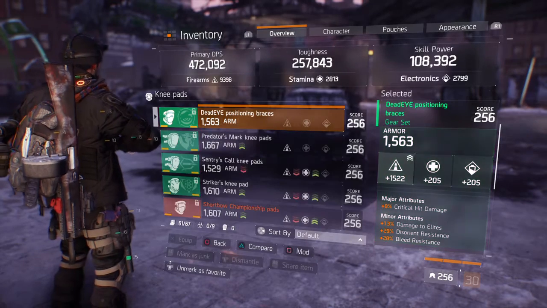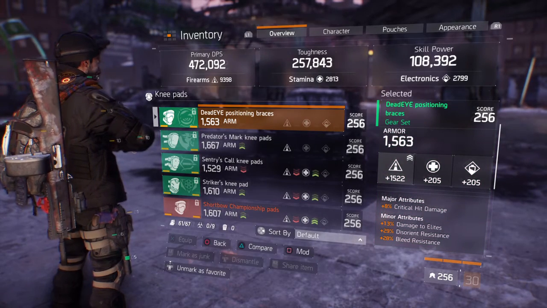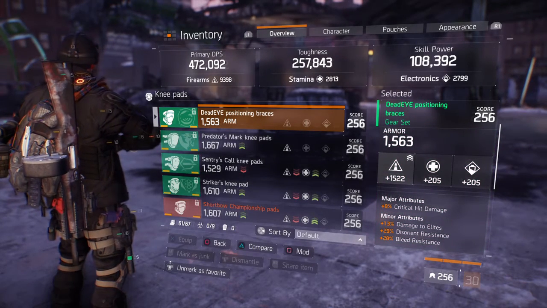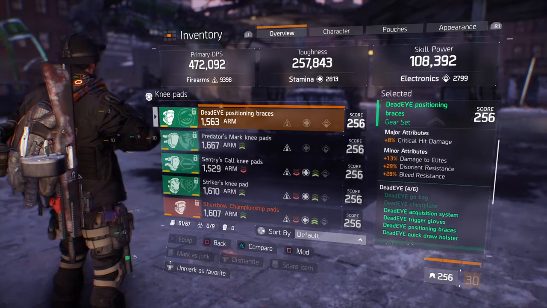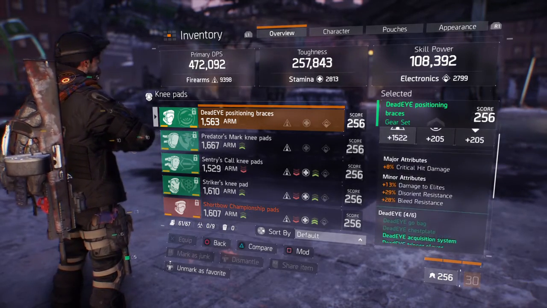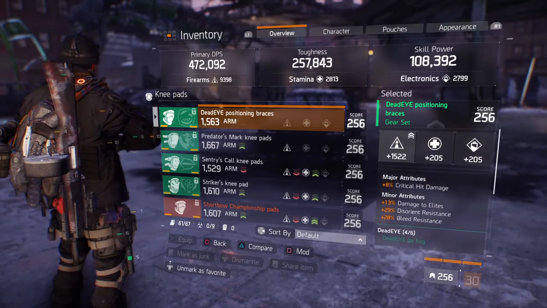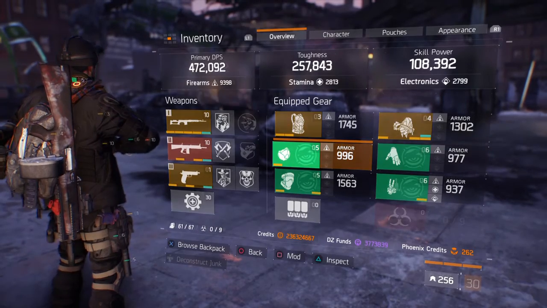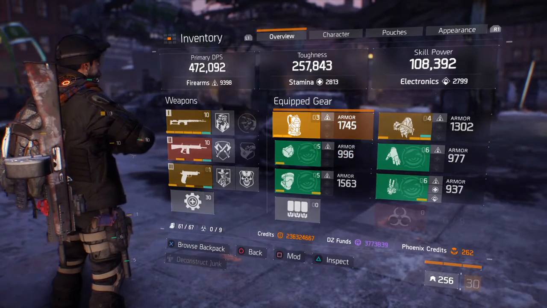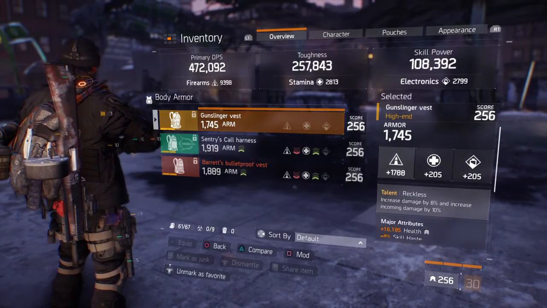Alright, so the knee pads. The knee pads have firearms as well. Crit hit damage is the major attribute, which is good, and then damage to elites, which is helpful, and disrupt and bleed resistance. The only thing I wish I could reroll for is burn resistance. Really not much has changed since my Historian Deadeye builds. The only thing that I've changed is my chest piece for a reckless chest piece with firearms,